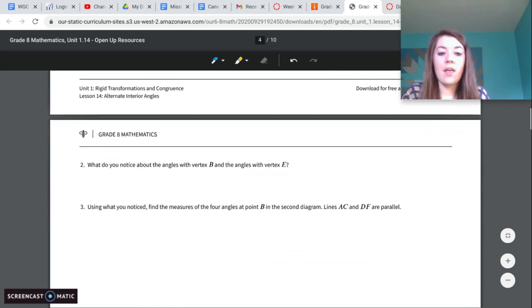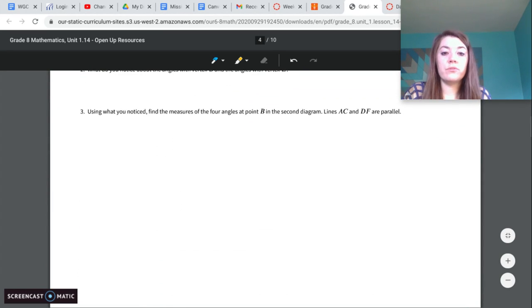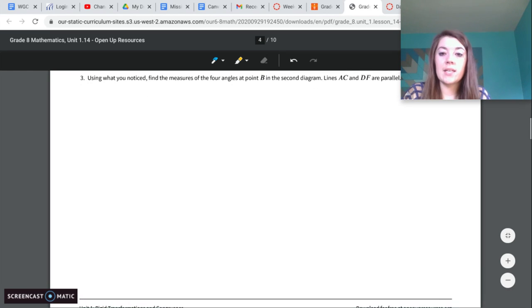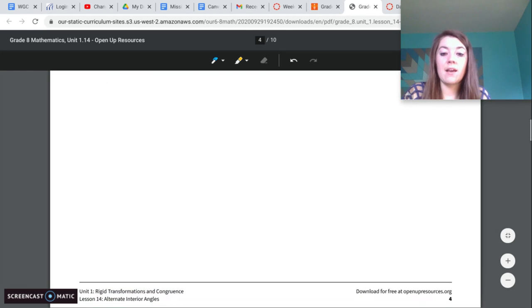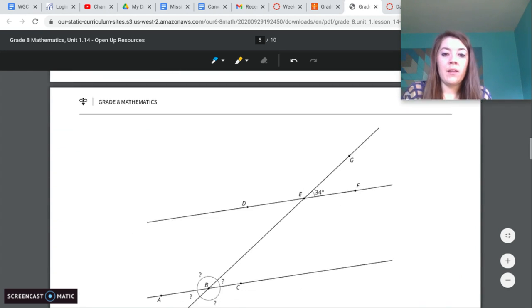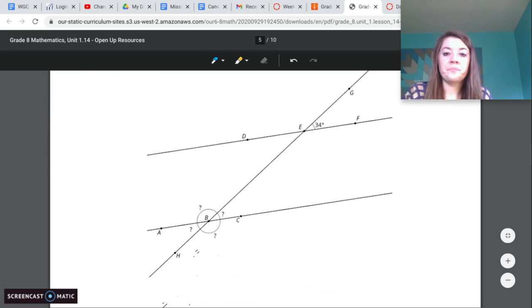So let's look at another one. So using what you noticed, find the measures of the 4 angles at point B in the second diagram. Lines AC and DF are parallel. It's down here. Okay, so we have one angle given to us, GEF, and we need to find all of these angles down here. So using what we know, the relative angle,